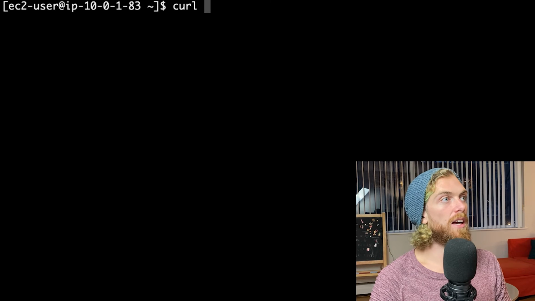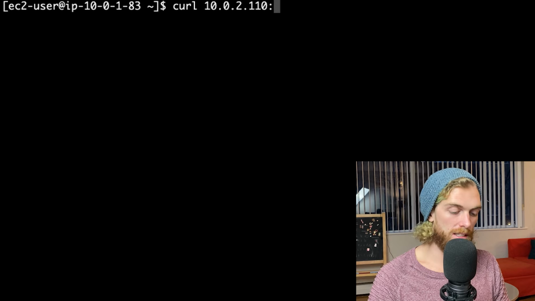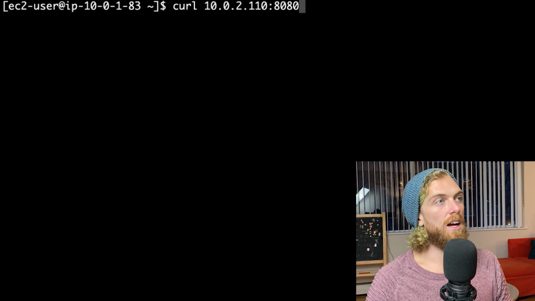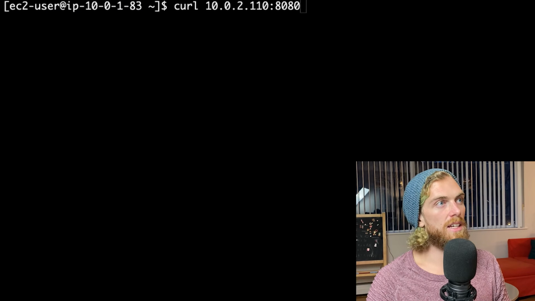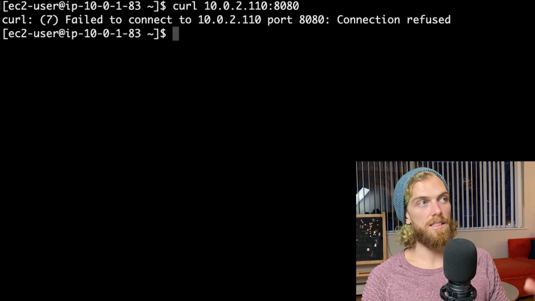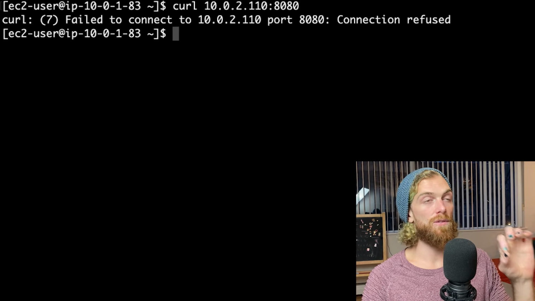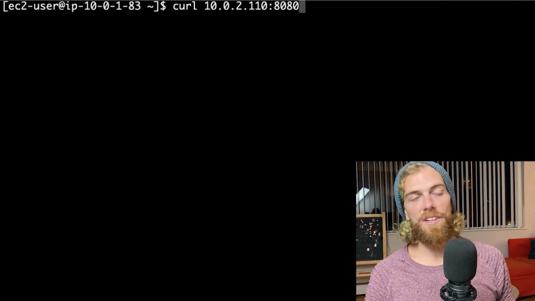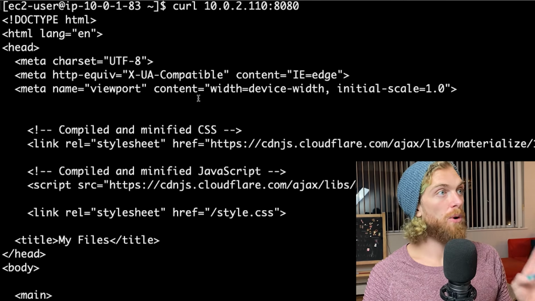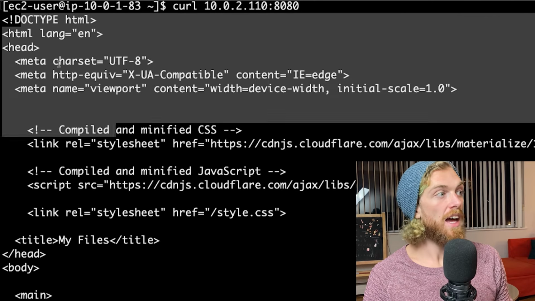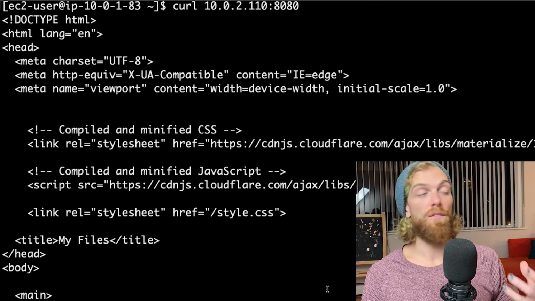So if I try and curl the IP address at port 8080, it probably won't work just yet because it's still being set up, but in a minute, once the application is launched, I should be able to connect to that private instance from my public instance. So the app has finished setting up, so now if I curl its private IP address at port 8080, I get all of the HTML that I need for that page. So again, this instance is completely private to the outside world,